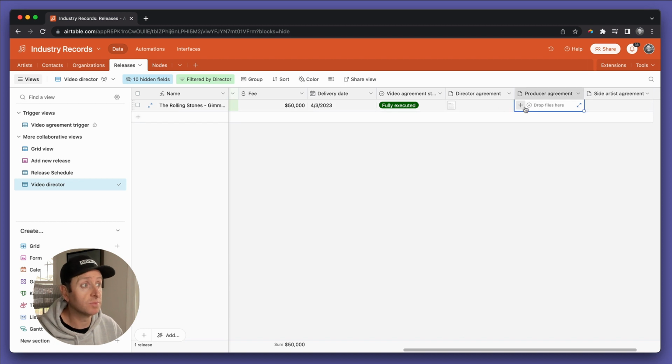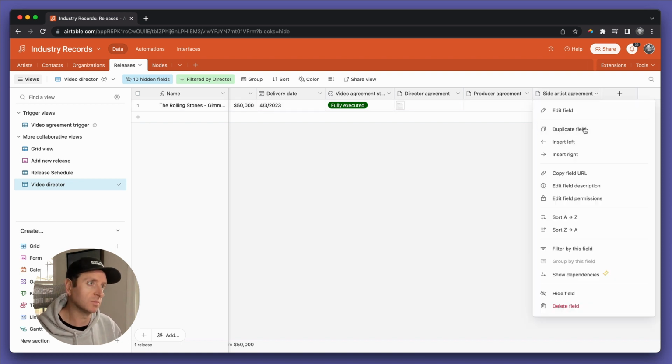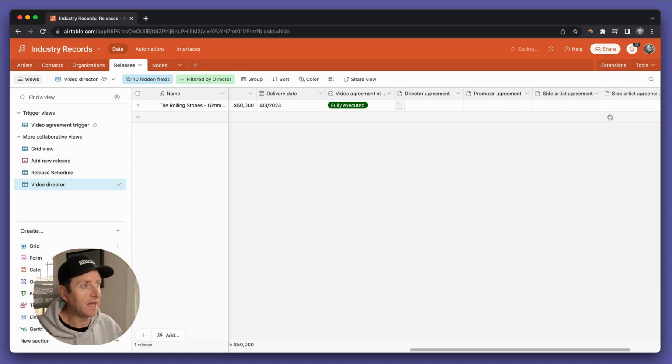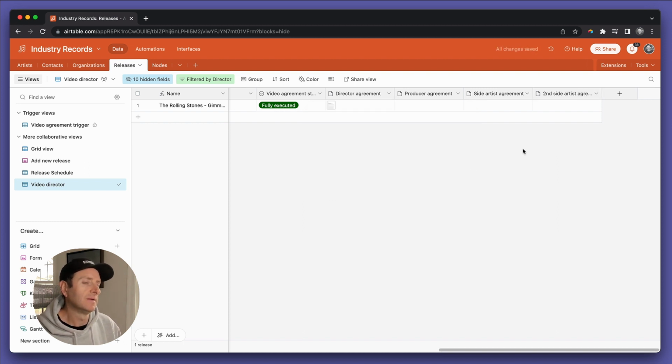Because you could put the producer agreement, put the side artist agreement, put all these things, and then let's say there's 2 side artists, okay? You can duplicate this. You can add another, say second side artist agreement, right? But I think you can already tell that this is just like a slightly better option than doing it the old way with spreadsheets.